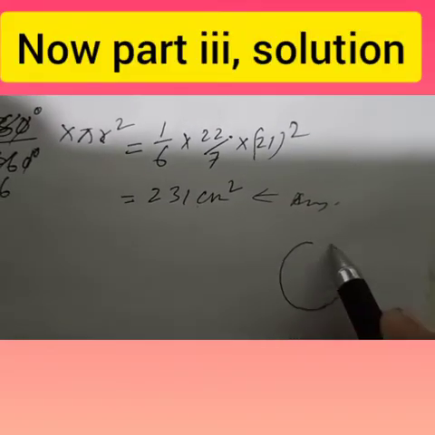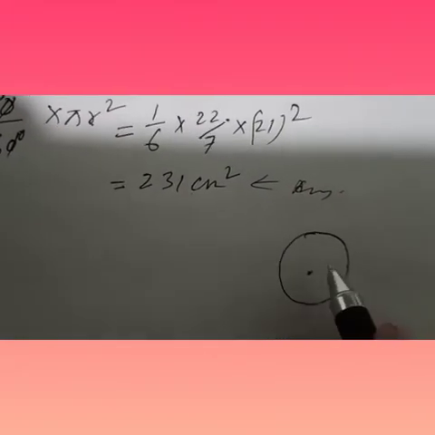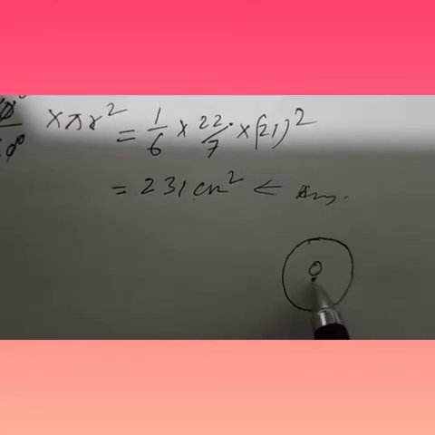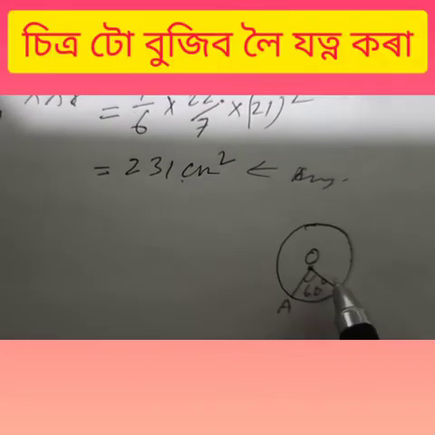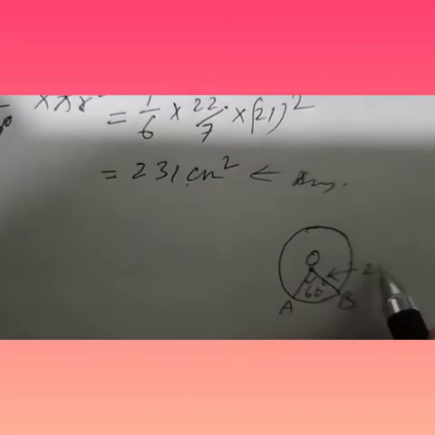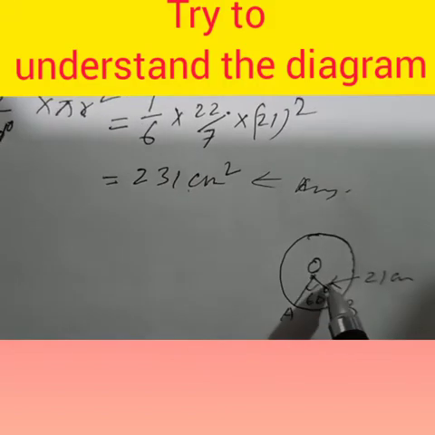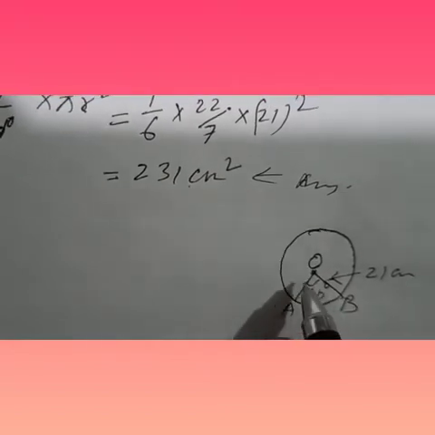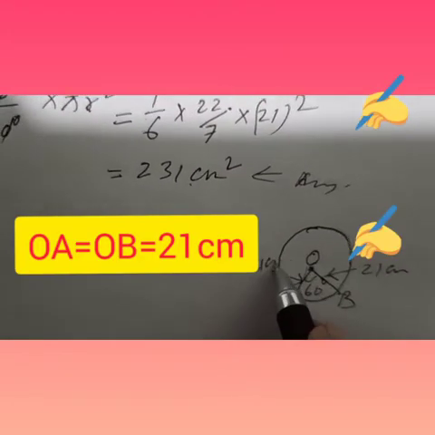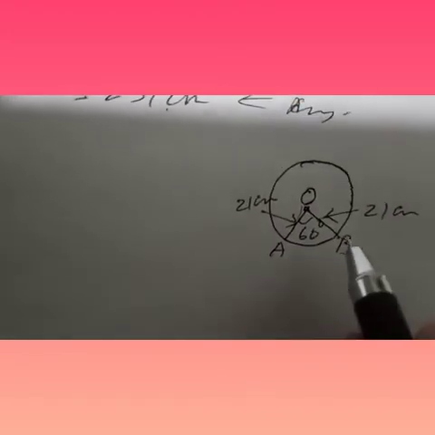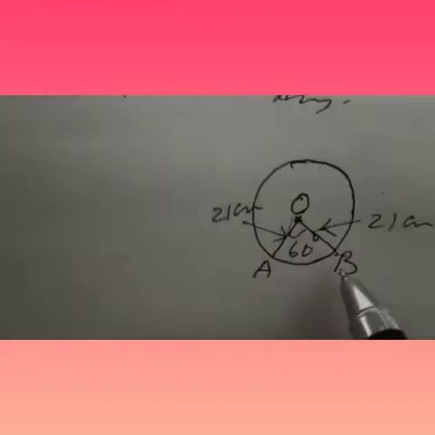Here we have to draw this figure. See, this is suppose the circle. Okay. O is the center of the circle. So join A and B. That is A, that is B. So this part is what? 60 degree. Mind it. Now this is what? 21 cm. And if OB is 21, then definitely OA will be what? 21 cm. That is the radius. So this is important one, so you should draw this one.